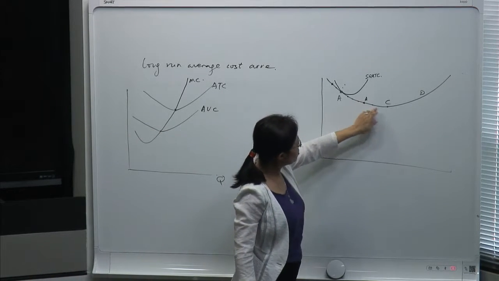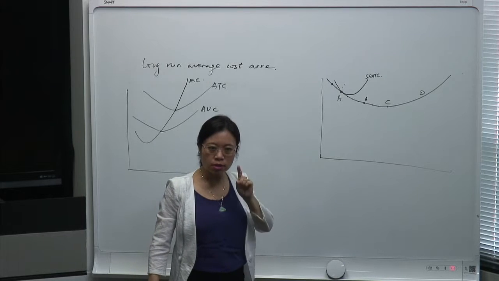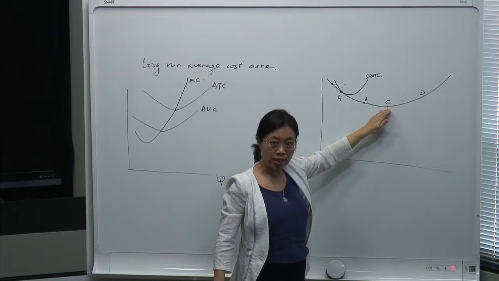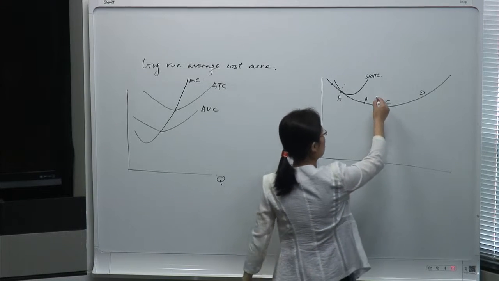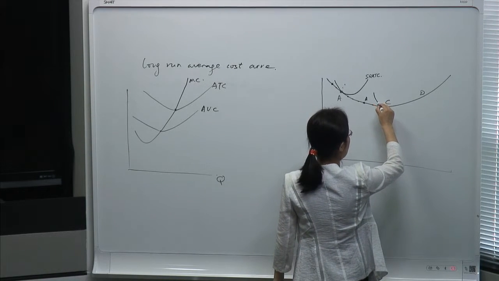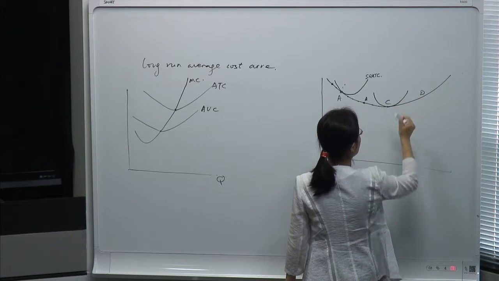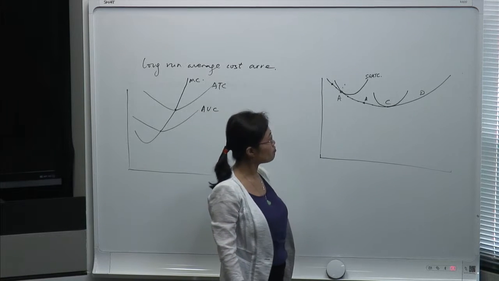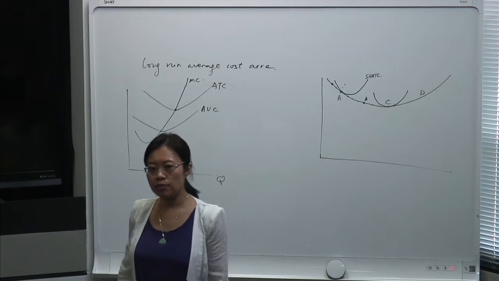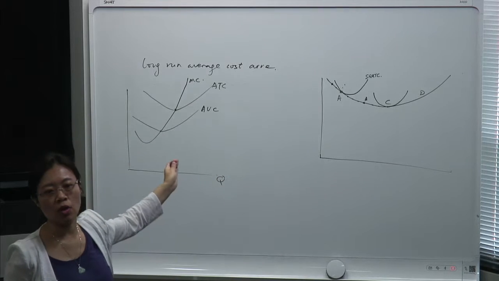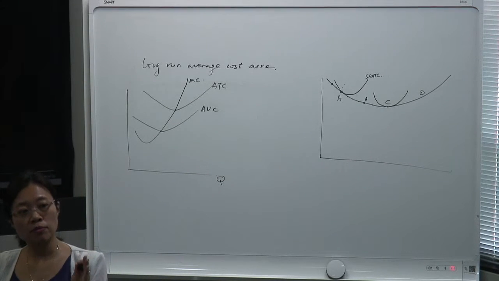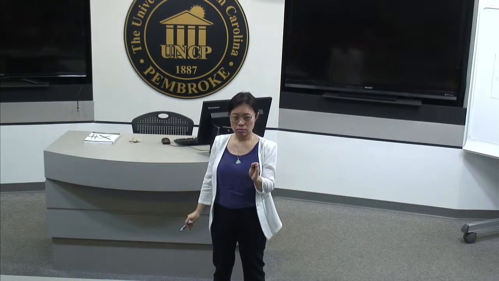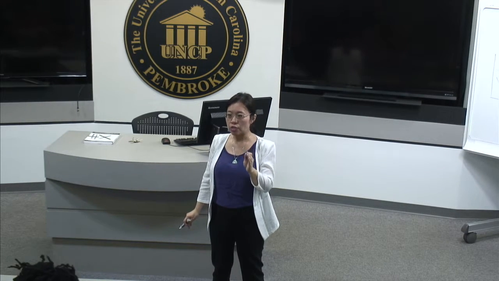What about scale B or scale C or scale D? How do we find it? The same thing. If we look for the short-run average cost curve for scale C, again, the short-run average cost curve for scale C has to be tangent to the long-run average cost curve at point C. Now you see why the long-run average cost curve is so helpful, because its purpose is to help us locate the short-run average cost curve for each different scale.